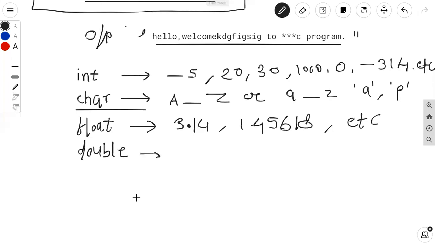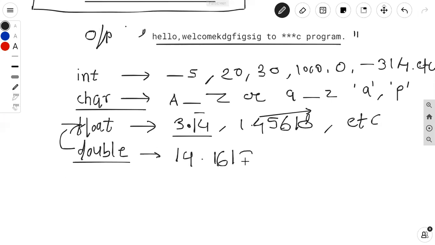Double number means what? Again, the number which contains the decimal point, but that number's length should be greater than float. ओके, फ्लोट पेक्षा हा मोठा नंबर असणार आहे डबल. जसं की इथे 3.14 2 डेसिमल प्लेसेस पर्यंत मी घेतले आहे. सो हिअर आय एम टेकिंग द नंबर अप टू 5 डेसिमल प्लेसेस, but the double contains the number up to 16 decimal places.